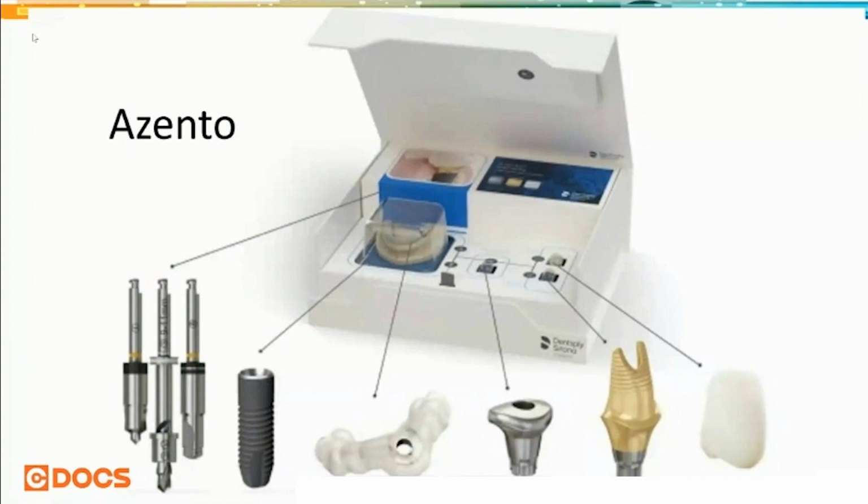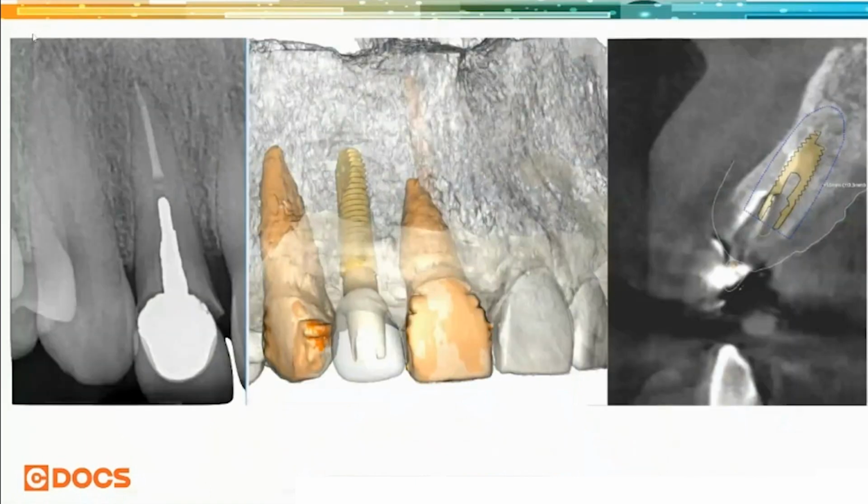There are a lot of moving parts and pieces to implant surgery. A lot of inventory, keeping track of drills and implants, the guides. So this is everything all in one box. It is for single units, but it really has helped simplify things for my staff and my team to make this process really simple. And so in this example, we've got the failing endo tooth that's going to be replaced